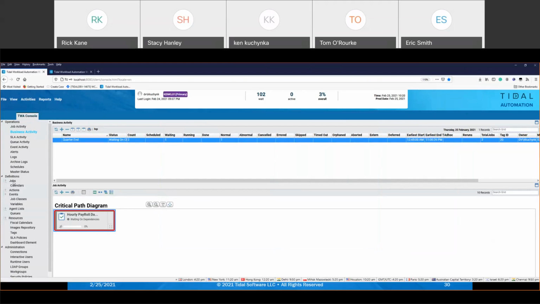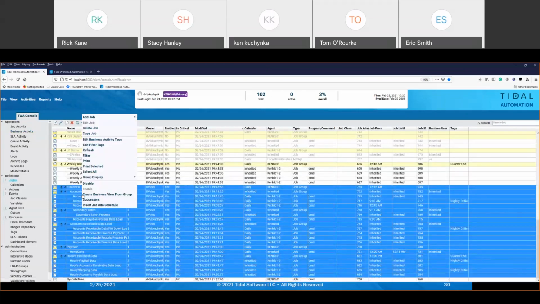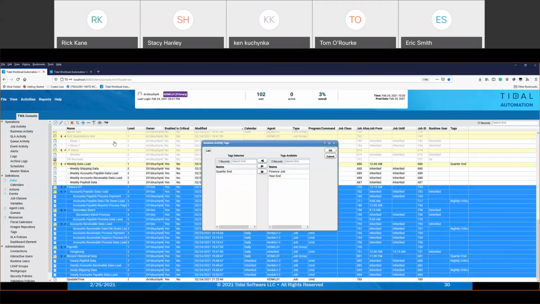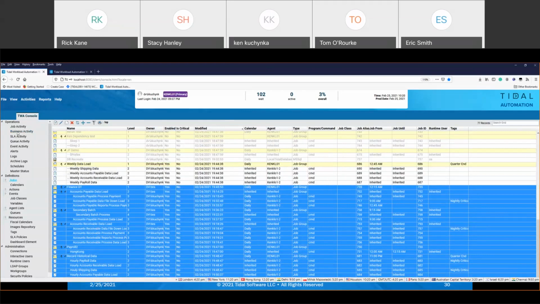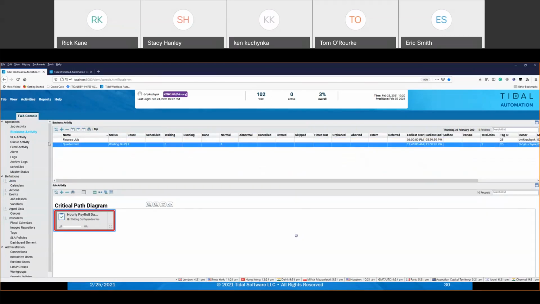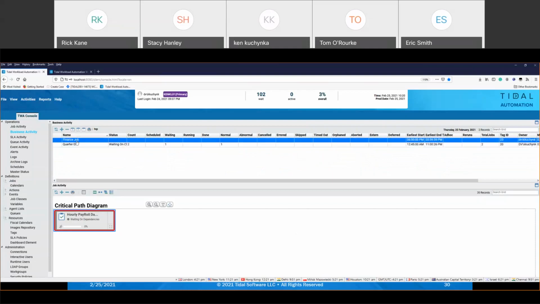So going back to the job definitions, if I right-click and say add/edit business activity tags, and I say, okay, I want to use the finance tag that I created for my CFO, and I add that over and say okay. Now if I go back to business activity tags, we see that I have a tag called finance job. And if I click on that,